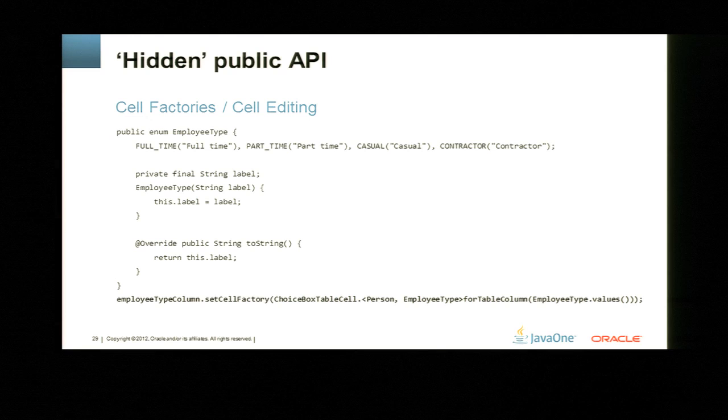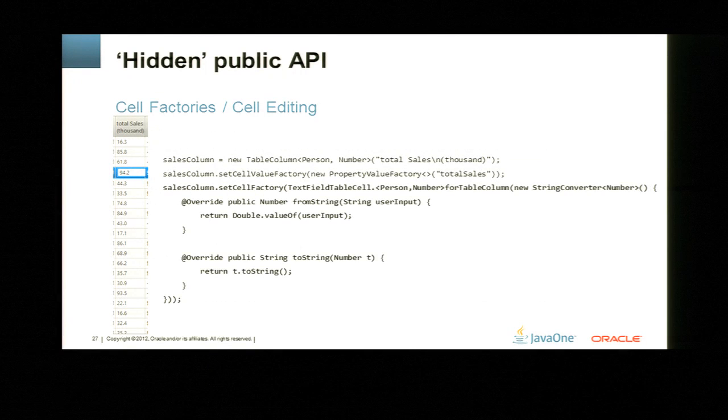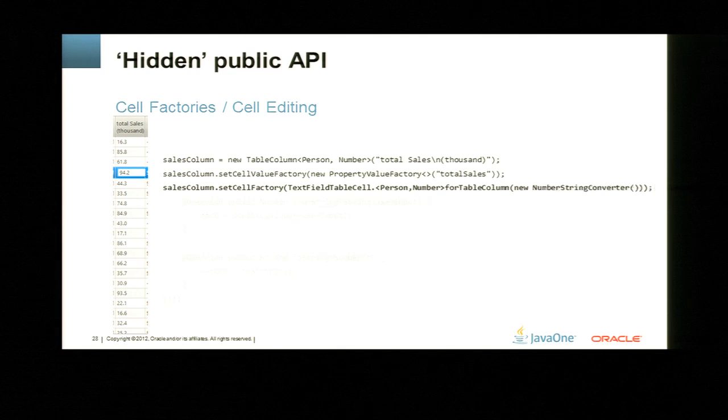Automatic error handling? Sorry, what was that? What if I enter not a number, then it will have automatic error handling? So in this case here, you can handle the input. So you can do a from string and you can return an invalid number, -1 or something that your application will understand. I mean, it would be great if the default cell renderers would catch